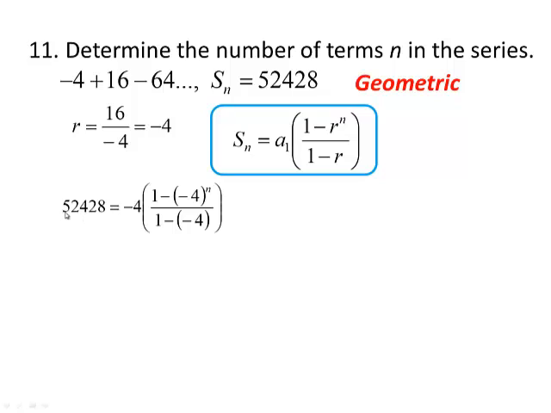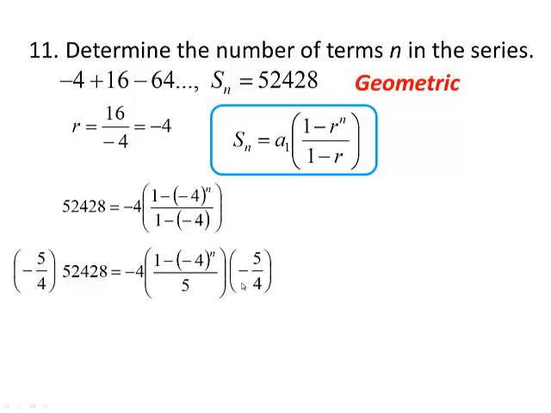Okay, putting the 52,428 is equal to the first term, 1 minus the r to the nth power, over 1 minus the r again. Alright, and I'm just going to add the 1 and the negative. 1 minus the -4 is 5. And -4 over 5, I'm going to get rid of that in one step. Some of you may prefer to divide by -4 then multiply by 5, but I'm going to do it all together as 1. Divide by negative 4 multiplied by 5, multiplied by 5 over 4. That'll cancel the negative 4 and 5. Do that on this side. I get a negative